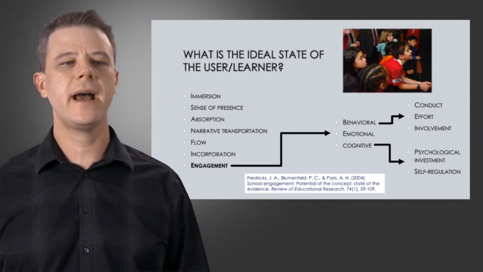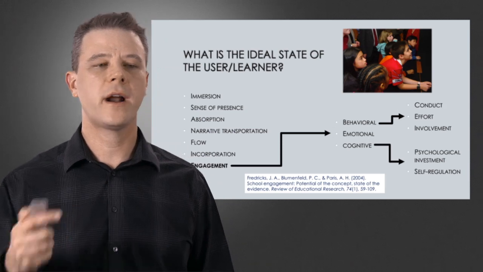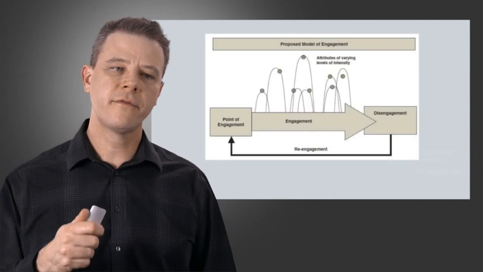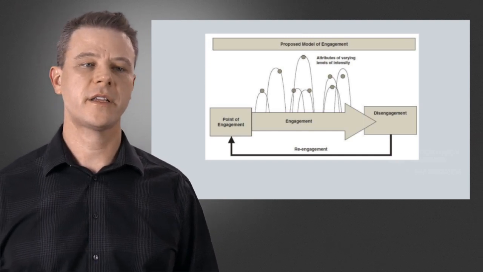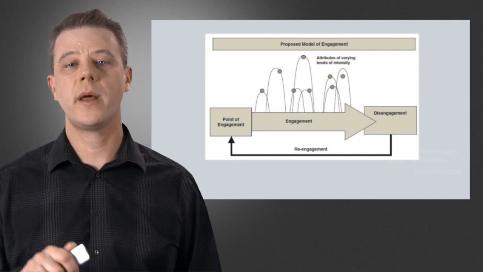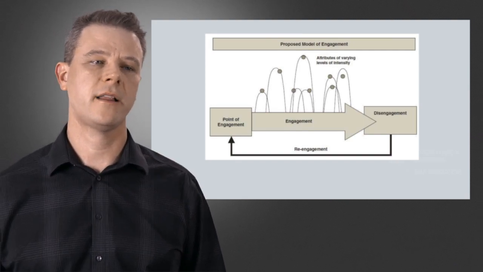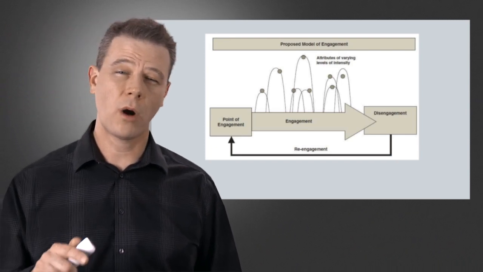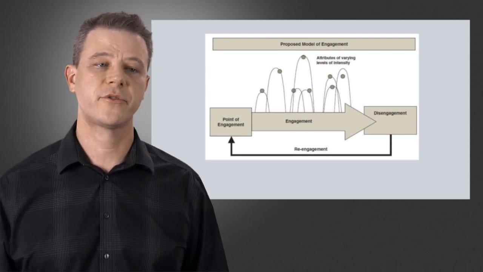So I wanted to break that down, before I step back to this model of engagement, and this is a very process-oriented model. This is what happens when you sit down with technology. How do you determine the level of engagement with a technology? So in this case, I'm citing a paper from O'Brien in 2008, and this figure comes from that paper.